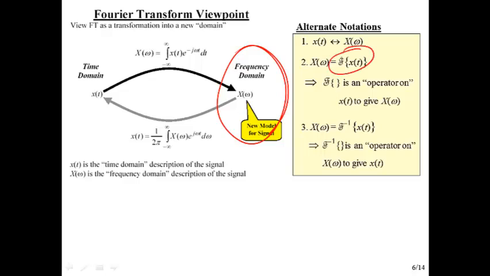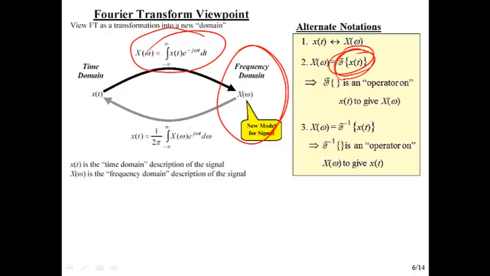This notation is just a nice notational idea. It says we take x of t and we apply this Fourier transform operator on it to give us x of omega. So this is just shorthand notation for this equation. That's it. And then the reverse of that,